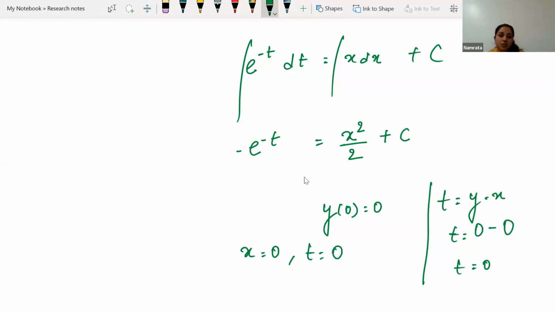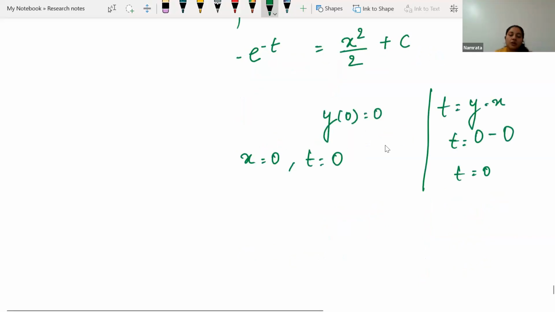We will be substituting it over here, or you can just do the back substitution of this t, and write it as y minus x, and then substitute the given condition y(0) equals 0. It's the same thing. Okay, so we are getting here